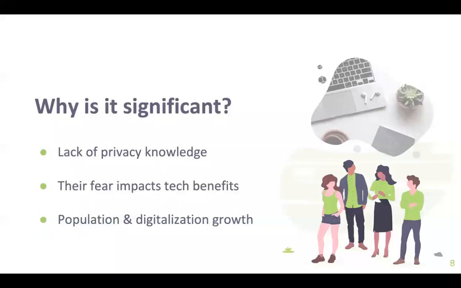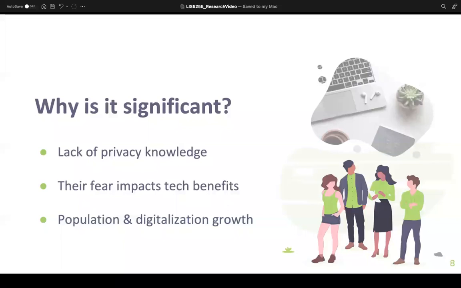This research is significant because while scamming affects everyone, the older adult community are oftentimes the ones most impacted. Their vulnerability stems from a lack of privacy knowledge, which makes them a perfect target for cybercriminals. A major fear older adults have is being taken advantage of. They become more hesitant and cautious, impacting technology's overall benefit and user accessibility. The continued growth in population and digitalization have made this research topic to be of utmost importance.